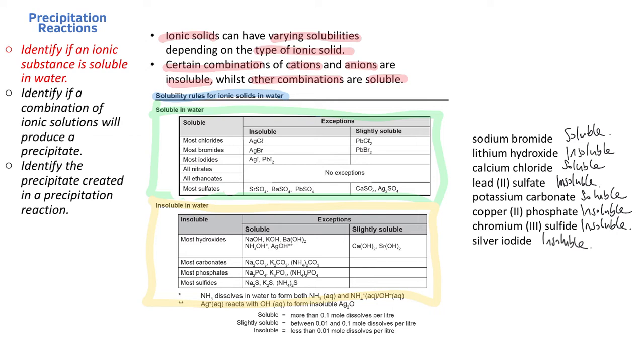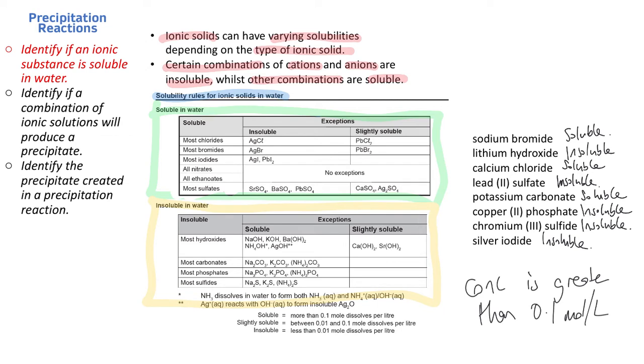Okay, so part of this table here is this slightly soluble part here. Now, if you find yourself with a substance which is slightly soluble, we have to look at the concentration, which we will deal with in another video. But if the concentration is greater than 0.1 mole per liter, which is really not a very high concentration,